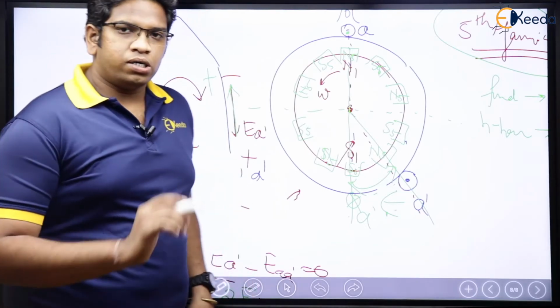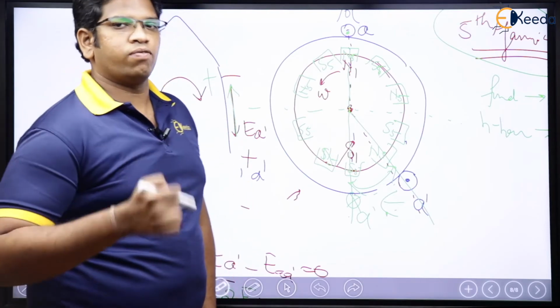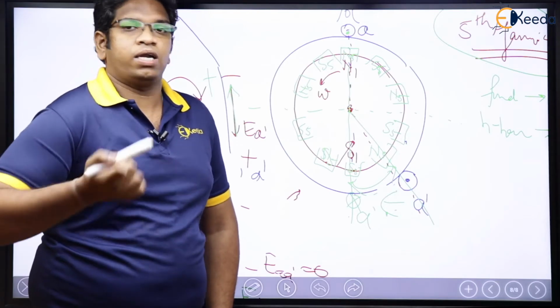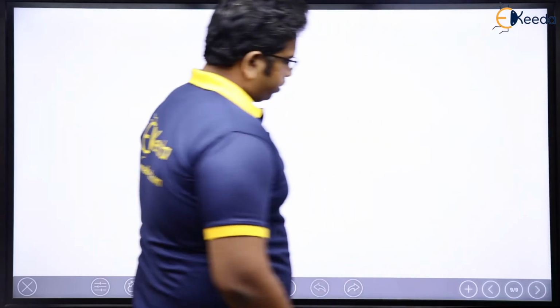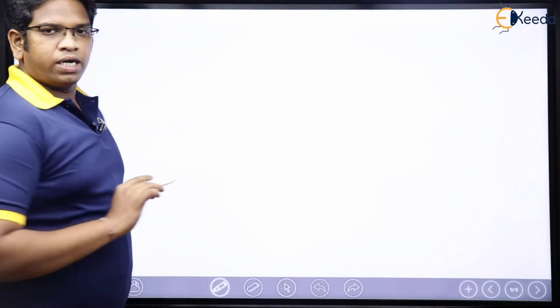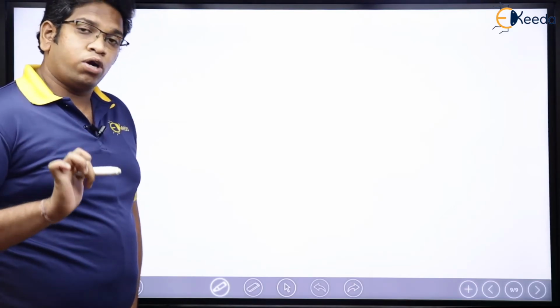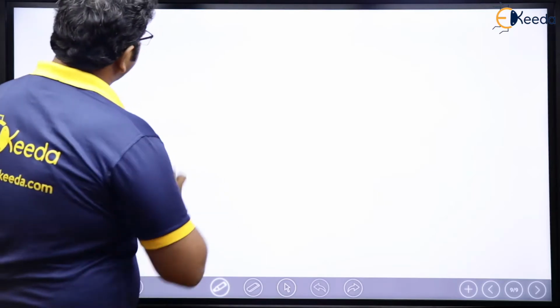Now, let us try to understand short pitch and over pitch. What is short pitching, what is over pitching, and what do we use in practical applications, and what are the reasons? For that, I may not be able to explain in case of a 2-pole machine. Why I will not be able to explain, that also I will tell you, don't worry. But let me take a 4-pole.